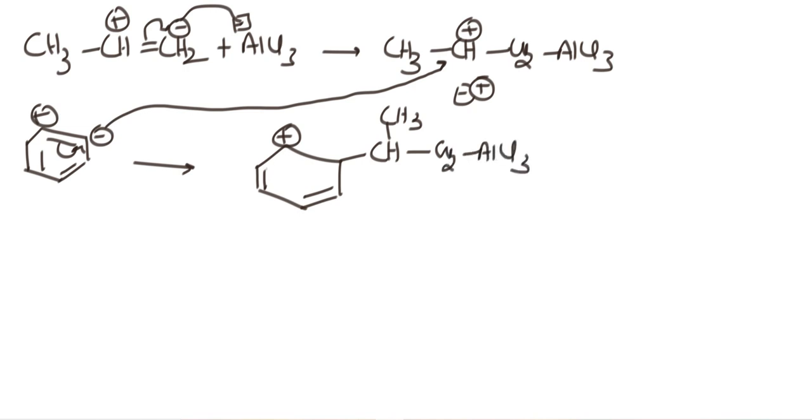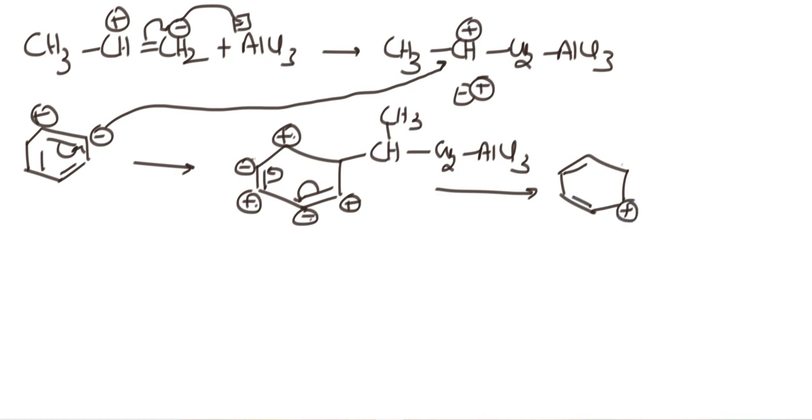Then immediately carbocation, single bond, double bond resonance, negative, positive. Then what is forming here? This bond also shifted like this, negative, positive. So please observe that this positive and this negative make a new bond here, and this positive and this negative make a new bond. Here positive charge is generated. Then CH, CH3, CH2, AlCl3.